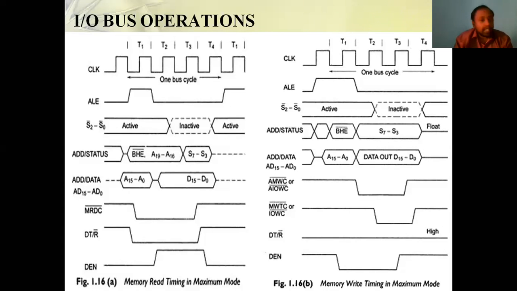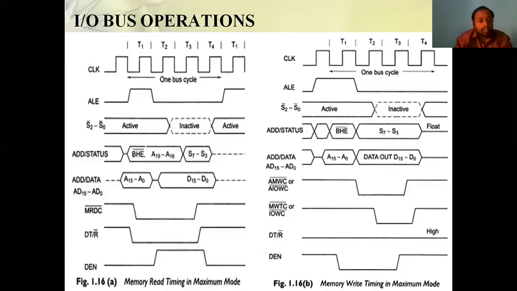So if the ALE pin is high, at that situation only, the AD0 to AD15 pins, those 16 pins, will act as address pins. Whatever you get out of the pins AD0 to AD15 is treated as address lines or address value, right? And at the same time, A16 to A19 is also treated as address value. So when ALE is high, whatever comes out of AD0 to AD15 and A16 to A19 is treated as address values. According to those address values, we are going to go with that particular operation.